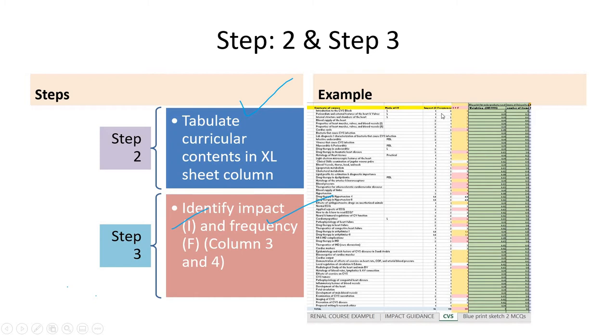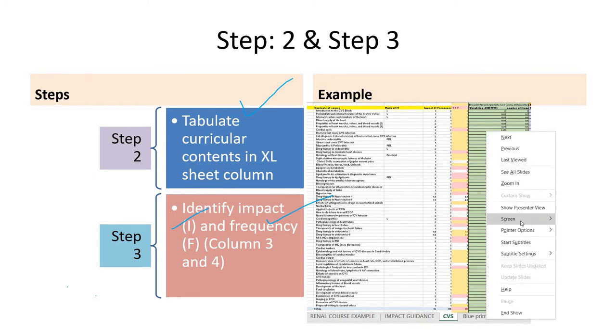Here the case may be. Then its impact is given in numerical values, and then the frequency, that is, how frequently they come across it. When you multiply this impact with the frequency, it gives you a particular mathematical number. And if this number is high, then we go for